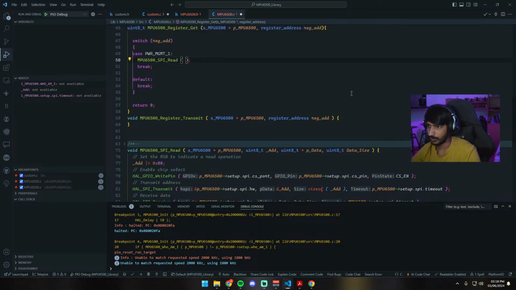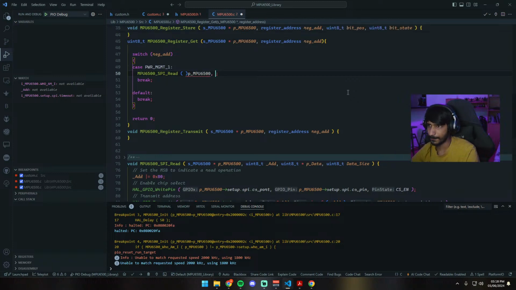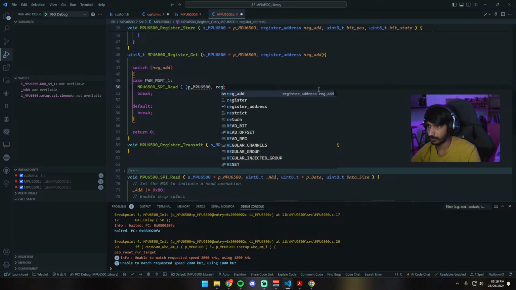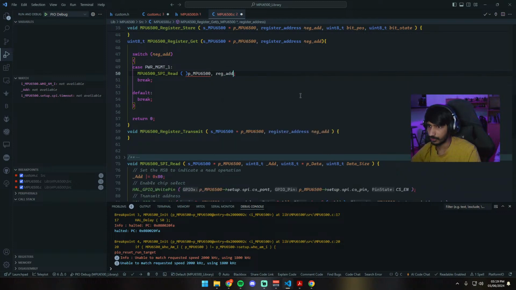Okay, we do an SPI read p_this, then the address would be address,